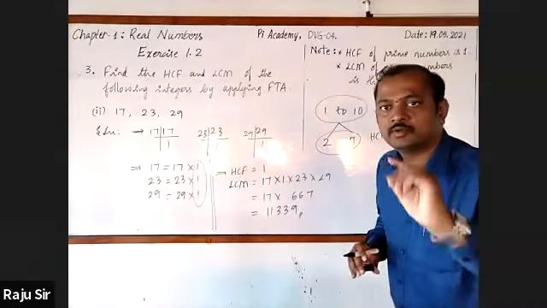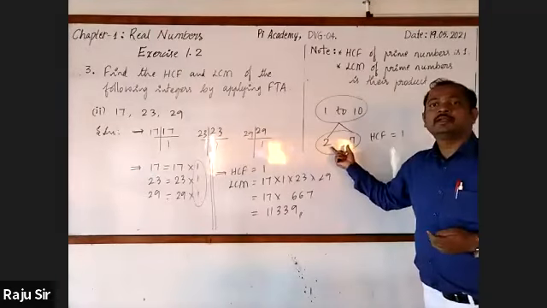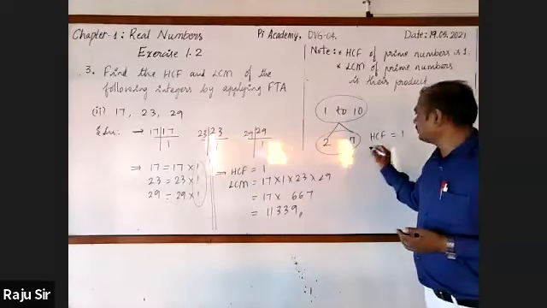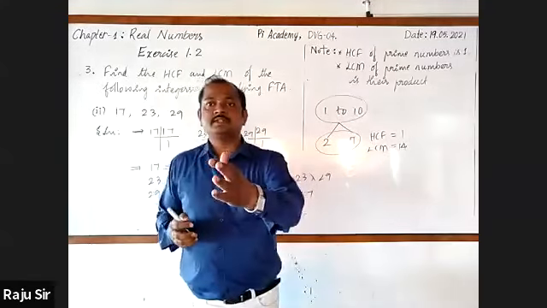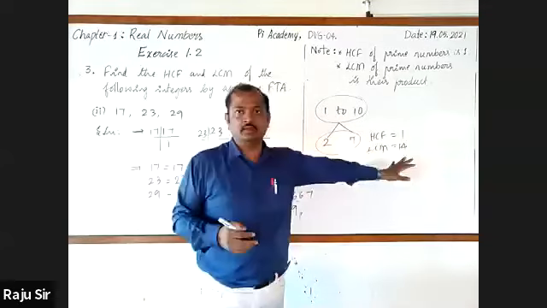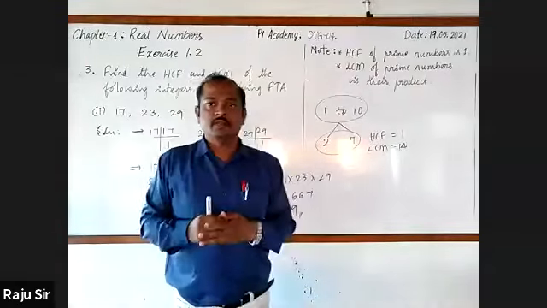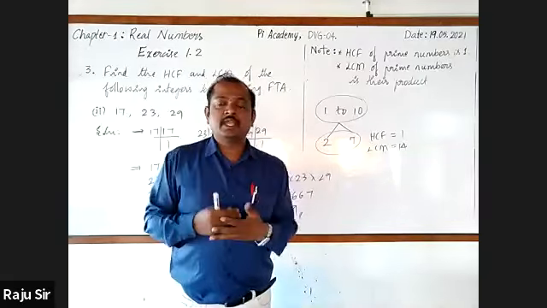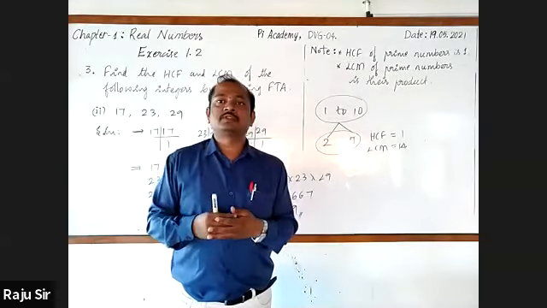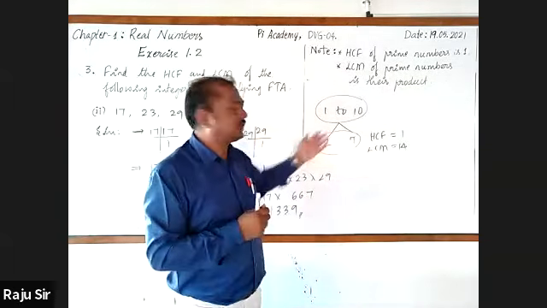Their HCF is 1 because the HCF of prime numbers is 1. What about their LCM? 14, sir. Very good, 14. LCM of prime numbers is their product. 2 sevens are 14. Hope that this point is very clear to you. These points will come only under discussion. They will not be mentioned in the textbook, but the textbook experts give the chance for the student to think over and come to the conclusion.